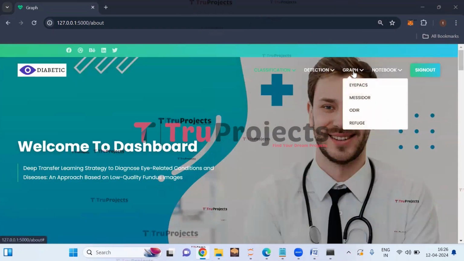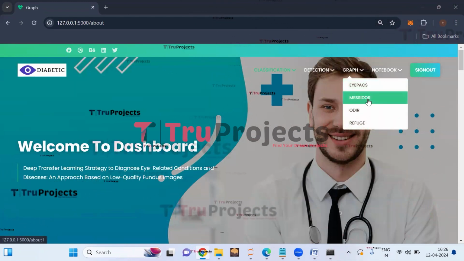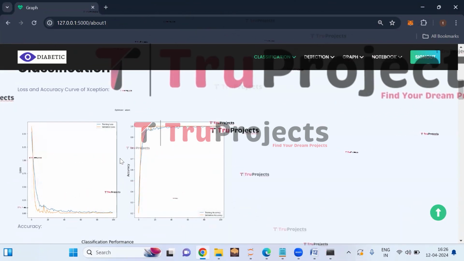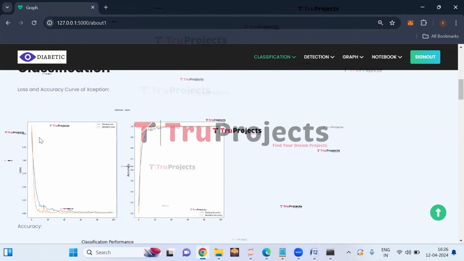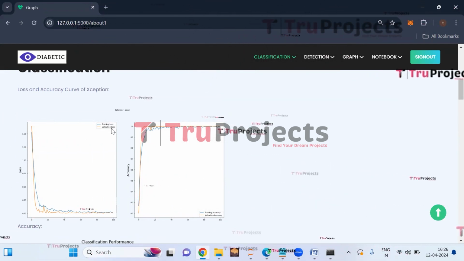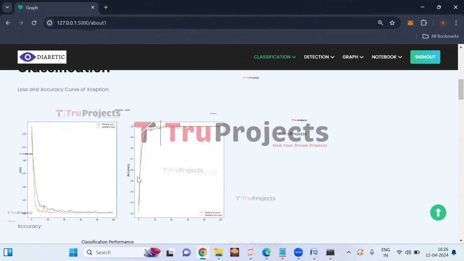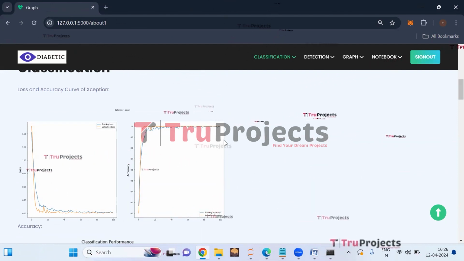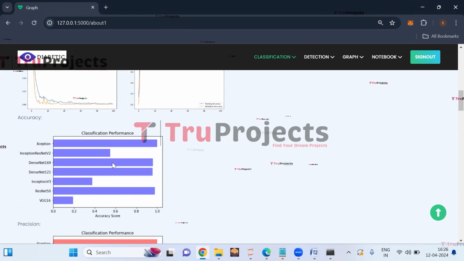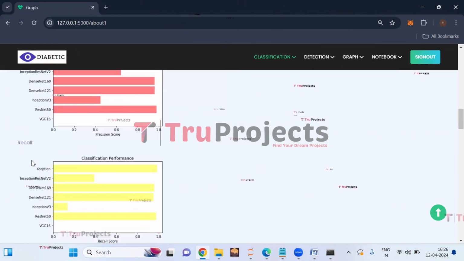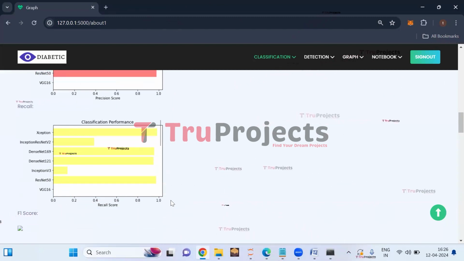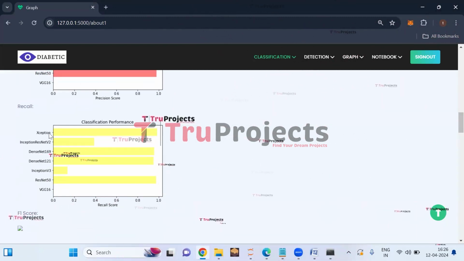graph link again. Let us see the graphs for the Messidor dataset. So click on it. So here we have the loss and accuracy curve of Xception. So here for every increasing epoch, loss is decreasing in both training and validation. And here for every increasing epoch, accuracy is increasing in both training and validation. And here we have the comparison graphs for the different evaluation metrics: accuracy, precision, and recall. So on the x-axis, we have the score for the different evaluation metrics, and on the y-axis, we have the